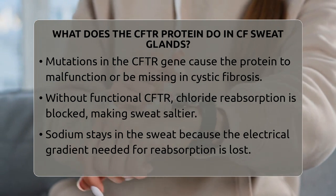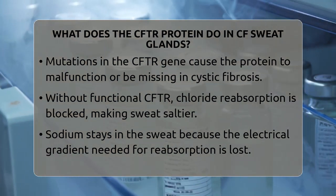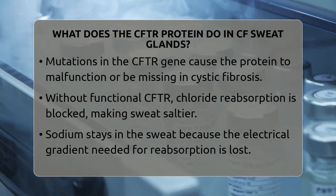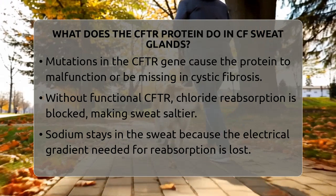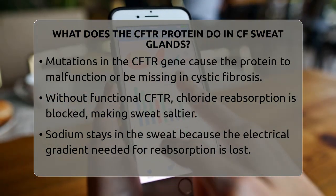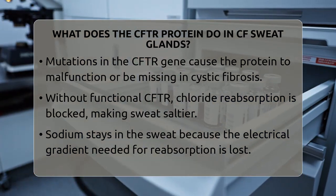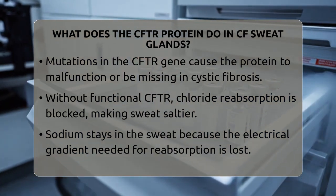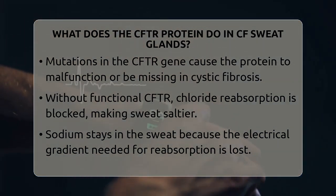This salty sweat is a hallmark sign of cystic fibrosis and is often used as a diagnostic clue. While the salty sweat itself isn't usually dangerous, it can lead to problems if a person loses too much salt, especially in hot weather or during heavy exercise. Excess salt loss can cause dehydration and electrolyte imbalances, which may lead to symptoms like dizziness, weakness, or cramps if